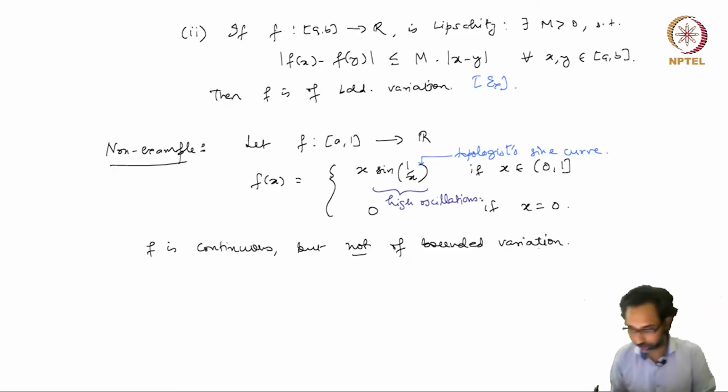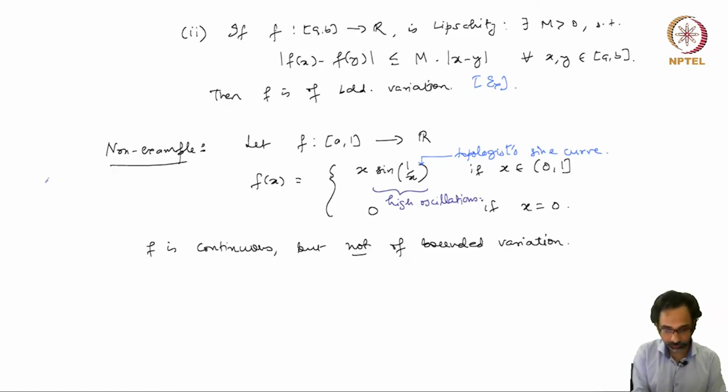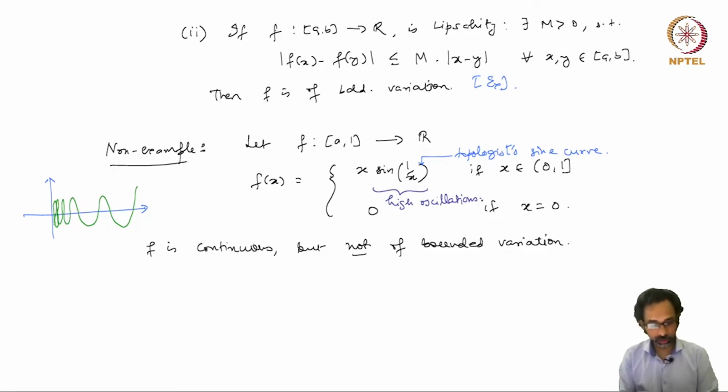So, the graph of the function f(x) looks something like this. When you go closer and closer to 0, there is a lot of wiggle near 0, but still the function f is continuous, and